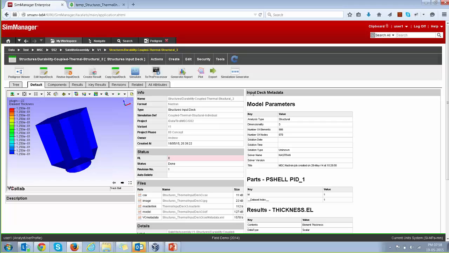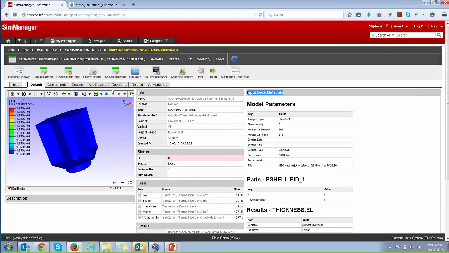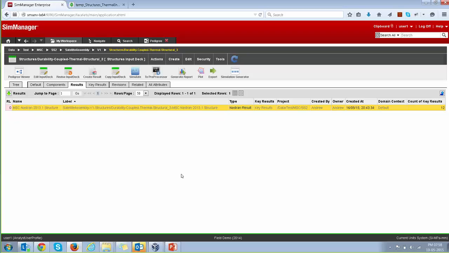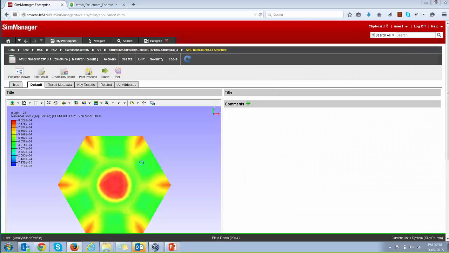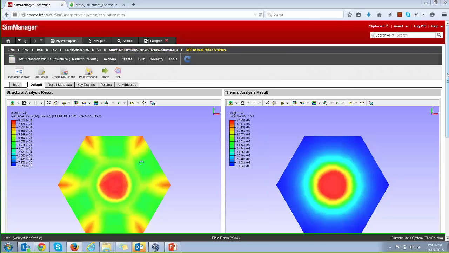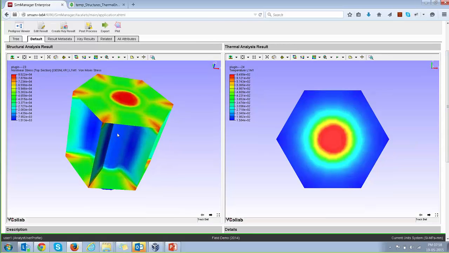And I also see that the SimManager system automatically extracted some metadata from the input deck: number of nodes, number of elements, number of load cases, parts, etc. On this detailed view, I have a relation to the result that was generated from solving this particular analysis. If I go to the detailed view of the Nastran structural result, what I see here is the stress plot